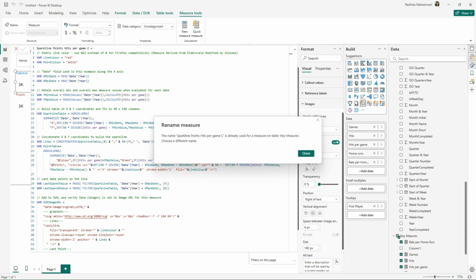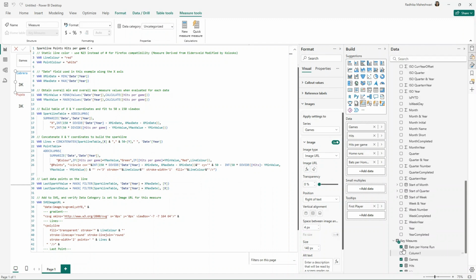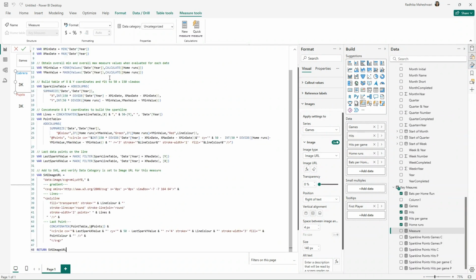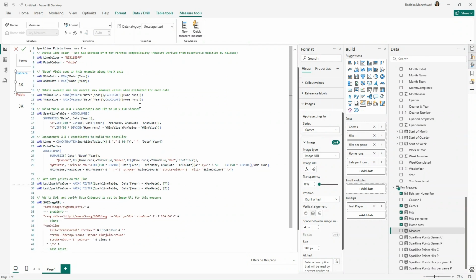Then we need to create it for home runs. So for home runs, this would be for P. And for home runs, I'm going to create another measure for C, and then another one for P. And the only difference is the line color, which is red.